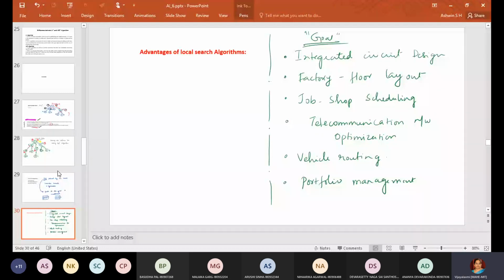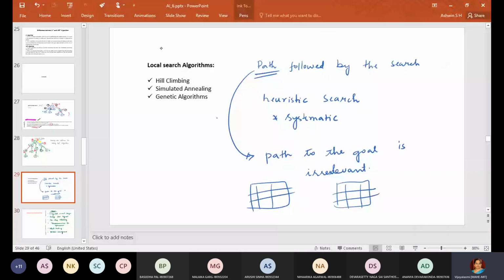Now, what are the advantages of local search? Under local search we have 3 methods: one is the hill climbing technique, the other is simulated annealing, and the third is the genetic algorithm. Hill climbing is inspired by nature.